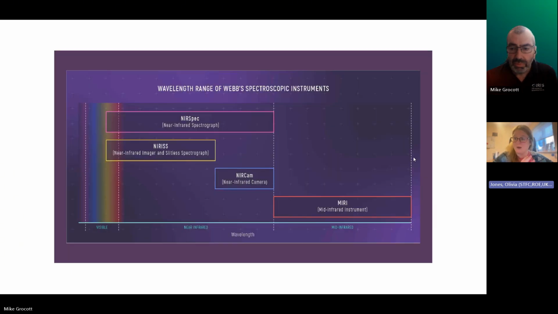Webb is not just a very pretty camera for taking images. Most of the data actually is in terms of spectroscopy, both at slightly shorter wavelengths in the near infrared and then in the mid infrared with the MIRI. This instrument was built in the UK and led in Edinburgh. And this operates at the same wavelengths that your Spitzer spectra do. So this is very comparable in terms of wavelength coverage and the type of science you see. But I'm going to show you some spectra now. So if we go to the next page,